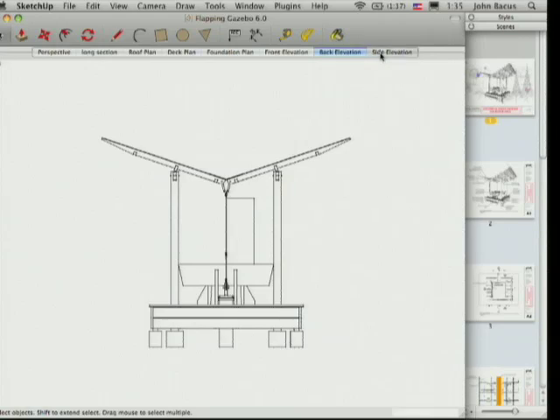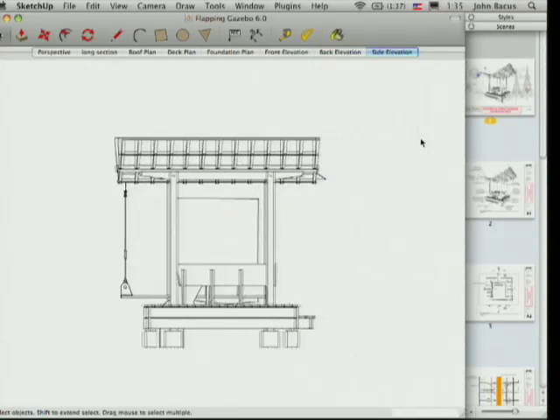There's my back elevation and my side elevation, okay? So I didn't really do a ton of work in Layout. I just did some thinking about the views I was probably going to want. I've got them all in a consistent style, which is, in this case, just black lines, white background. Pretty simple, pretty diagrammatic. I could do other things, but I'm going to stick with that for now, okay? So because I have those scenes saved into this model,